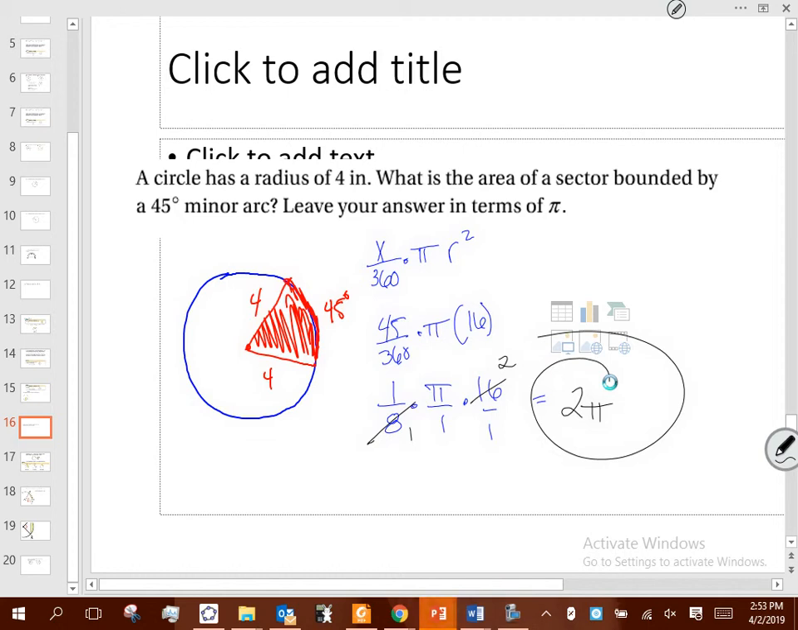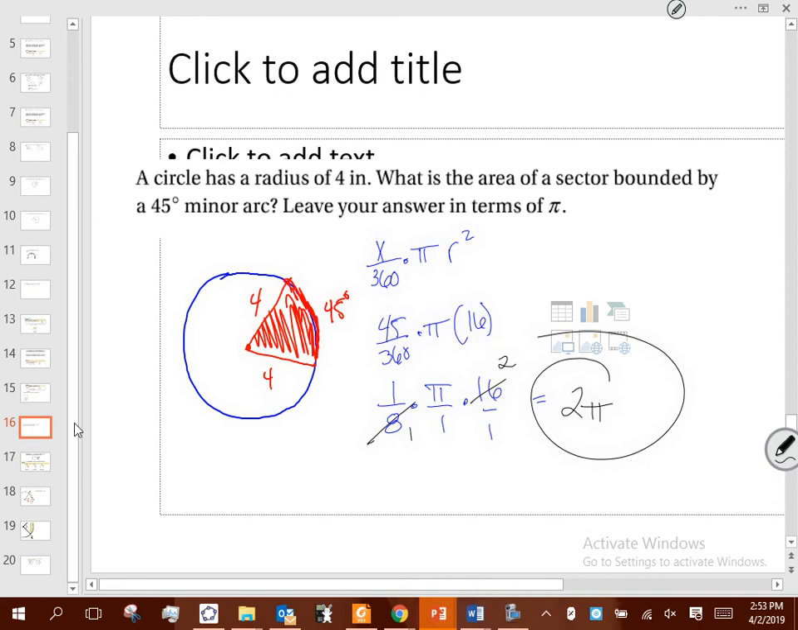Now, if they want it as a decimal, type that in your calculator, you get like 6.28 something, and then round to whatever decimal you need. Questions on that process? All right, so there's